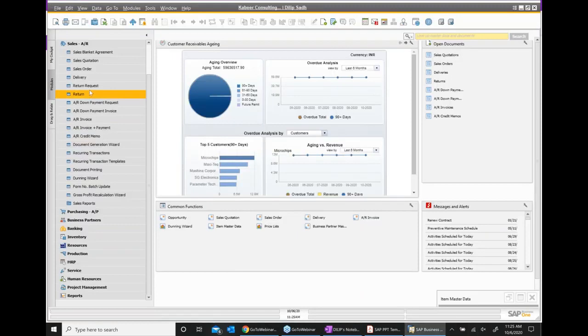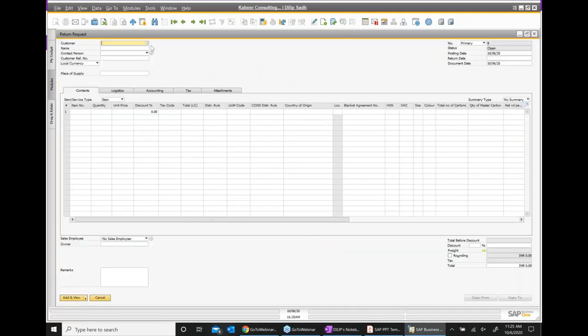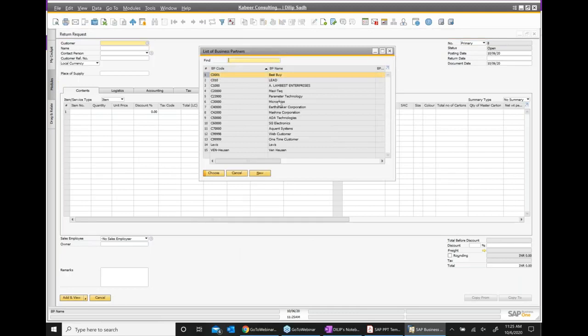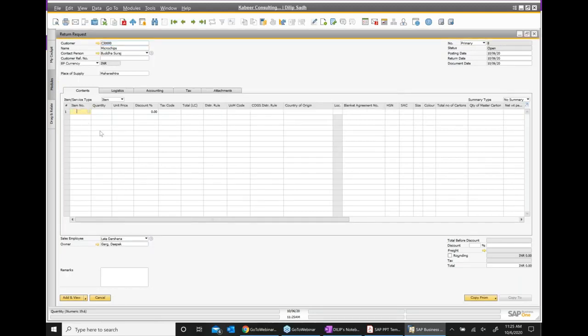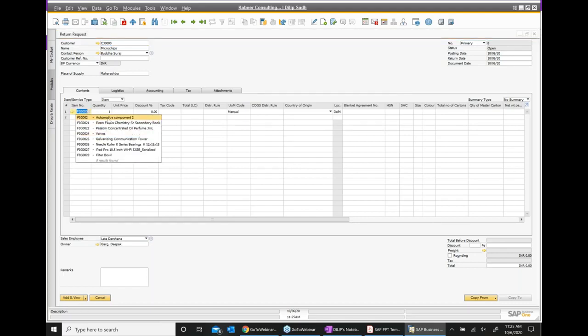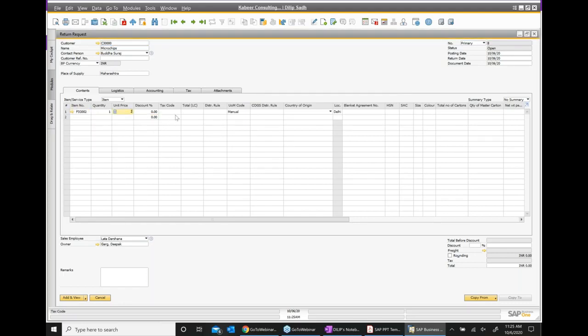So for example, if I go to return request and choose the customer, I can select the item. The customer says these 2 pieces are lying in my warehouse and I want to return them to you. I can enter the price, $300, 2 pieces coming back to me. This is a return request.